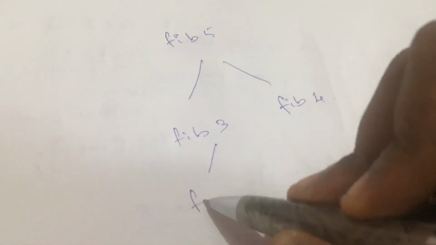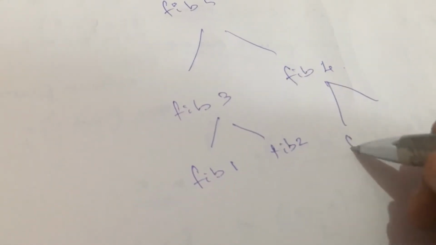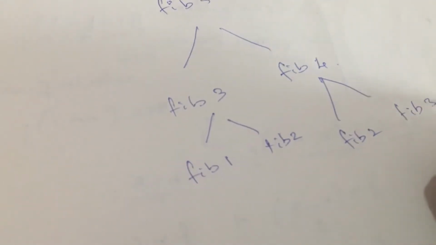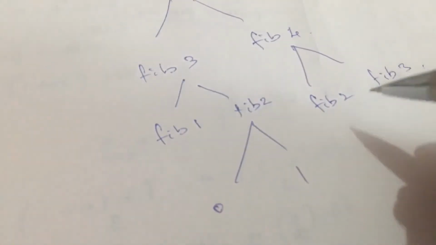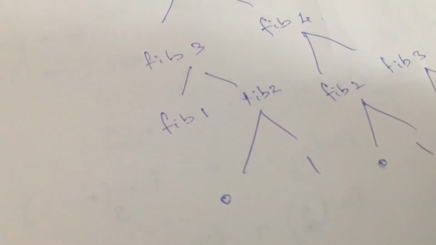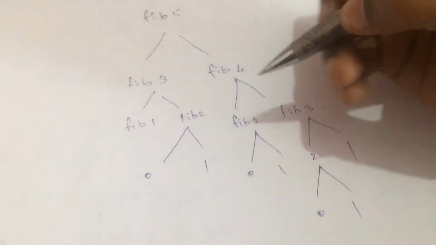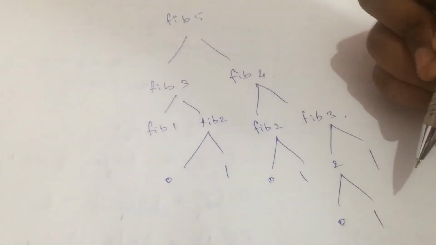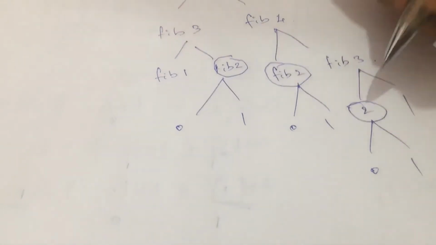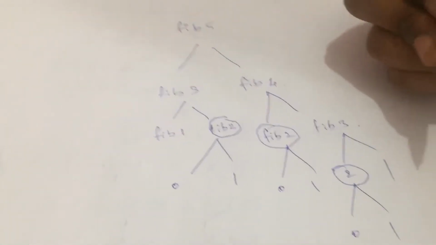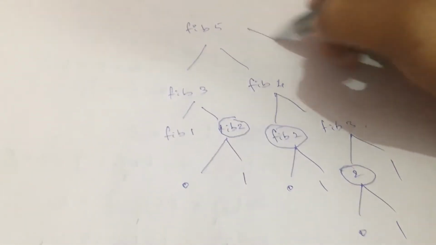If I need fib of 3, I need to go with fib of 1 and fib of 2. Same way, if I need 4, I need fib of 2 and fib of 3, right? So same way, for fib of 2, I need fib of 0 and 1. Same way here, 0 1, here it will be 2 and 1, and for 2 it will be again 0 and 1. So if you analyze this, see here, the same values are repeated again and again. Say for example, fib of 2 itself is repeated thrice in the entire sequence, and fib of 3 is repeated twice, and at last we are finding the answer. It means that it is not mostly efficient, right?